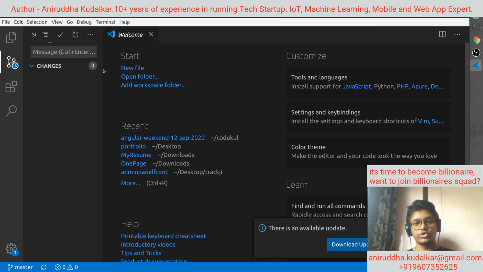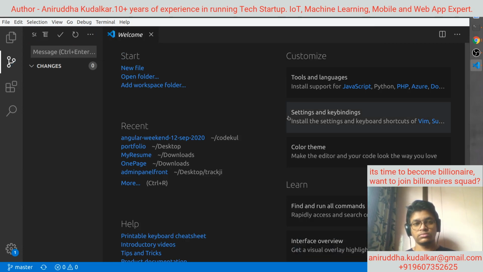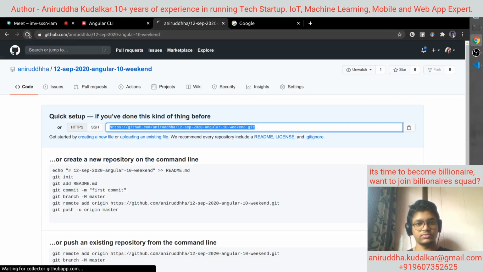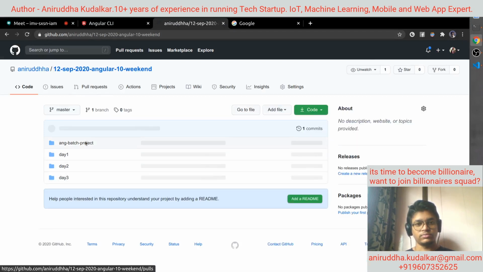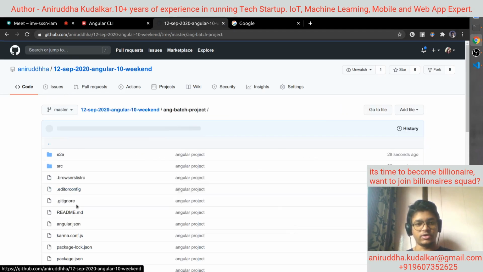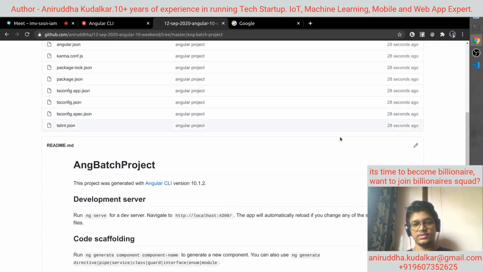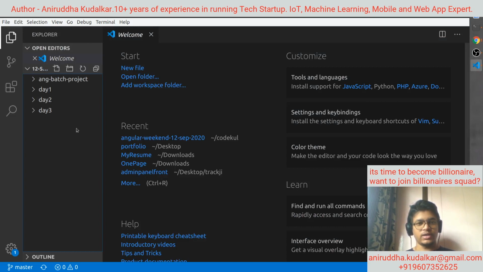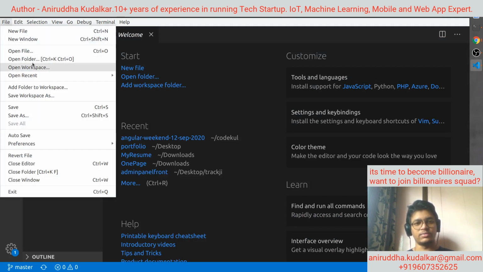Okay, I have pushed the code. Yes, now you go here and just refresh it. Yeah, this is the Angular batch project and this would be the readme for that. Okay, I have pushed the code and this is your code, so you can directly open the particular folder,